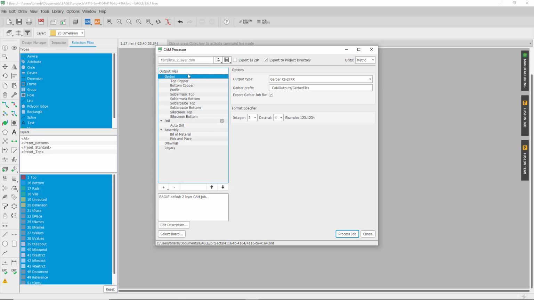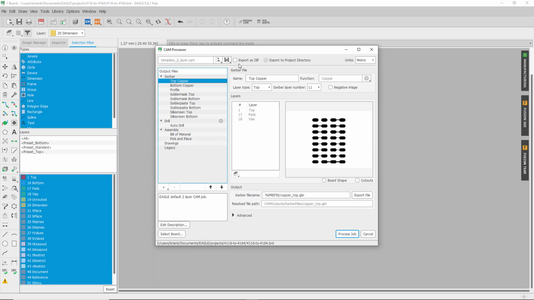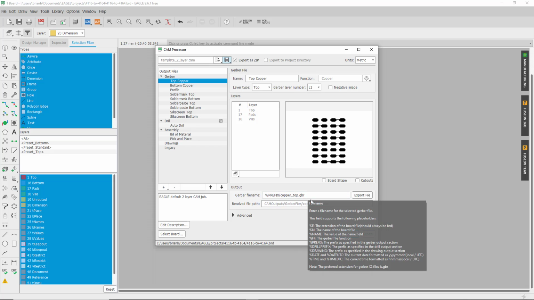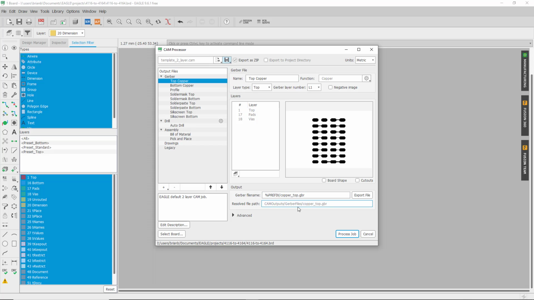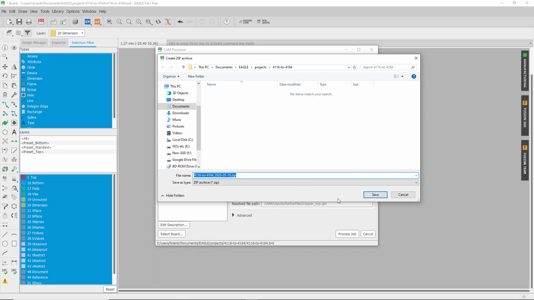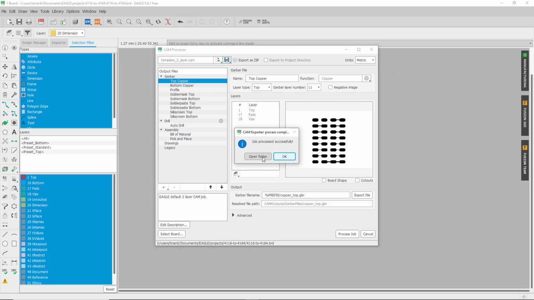And what we're going to now do is we're going to go ahead and just export it. So we're going to export as a zip, and there's the file name. It's on CAM outputs, Gerber files, copper, process job. Okay, save it, and I'm going to open the folder, make sure it's there. Okay, it looks good. Now I like to go to Seeed Studio,